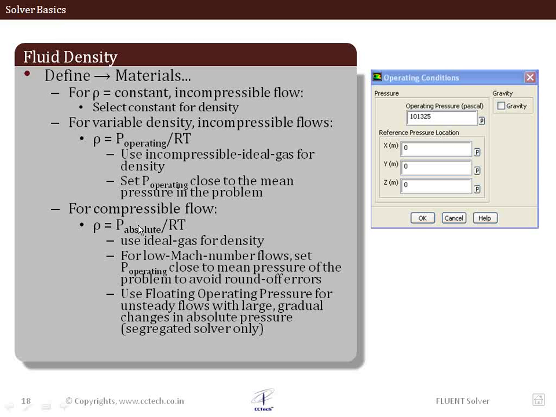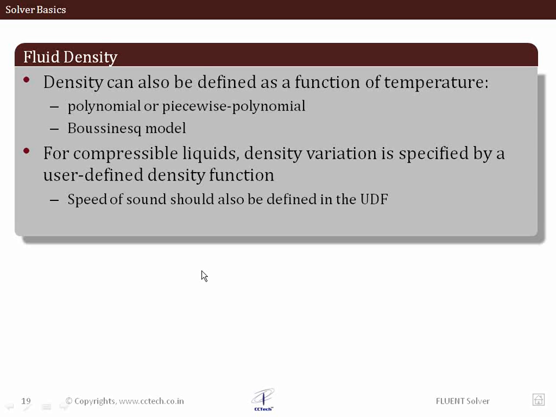But you can also include an ideal gas equation or many real gas equation models which are available now in ANSYS Fluent. It can also be defined as a polynomial function. Let's say I have water. It does not qualify to be an ideal gas or a real gas. So we can also define its property variation, in terms of density or other things, with respect to a polynomial, a piecewise polynomial, or a linear function of temperature. In case we are also including the compressibility effects of liquids,